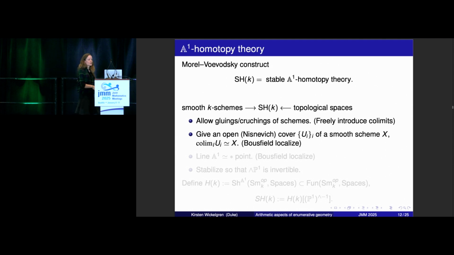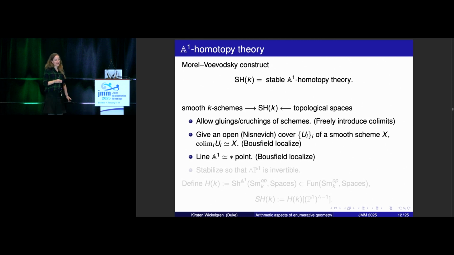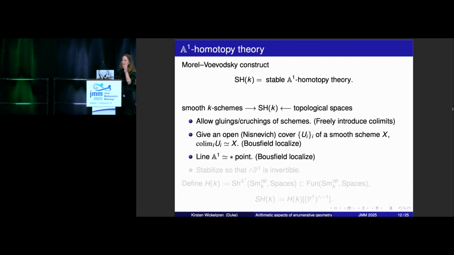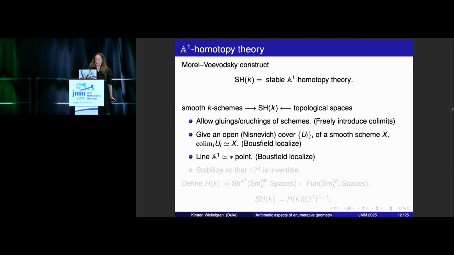So we do something called Gauss field localizing at Nisnevich covers, and then in the A1 versions, although you can modify this kind of construction to handle geometries that have to do with questions you're interested in, but for us, we're also going to want to make A1 contractible. So let's make A1 equivalent to the point. So that's an unstable homotopy theory. And to talk about cohomology theories, it's useful to stabilize.